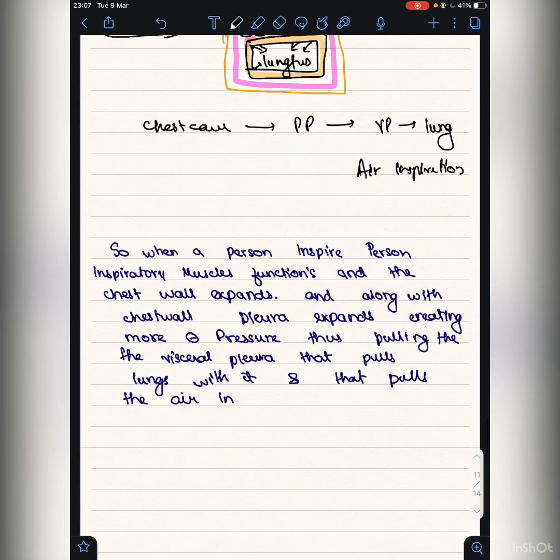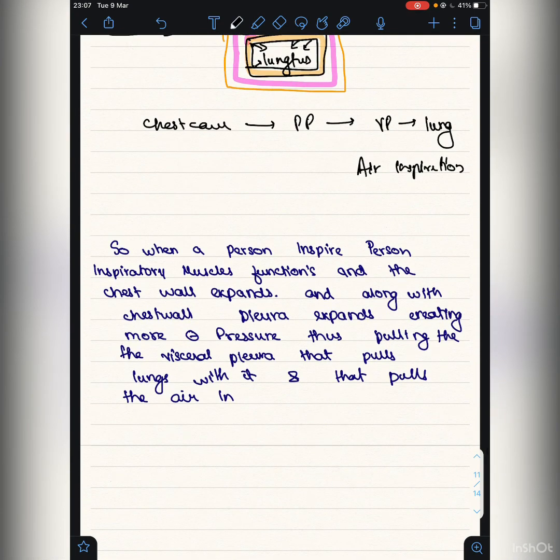As you might have known, in some cases like traumatic pneumothorax, there is a puncture in the chest wall or thoracic cavity. Because of that, air fills it. Because of that, the negative pressure is no longer on that side. Because of that, the lung collapses, because there is no pressure pulling the lung outward.